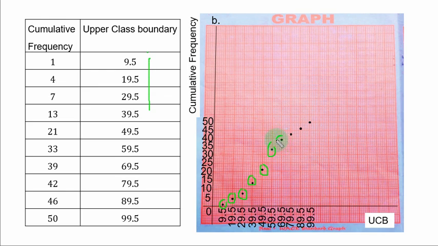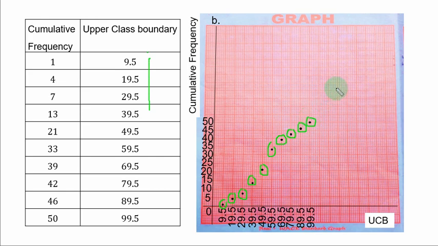You have 39, 69.5. 42, 79.5. 46, 89.5. 50 is 99.5. What you must note is that if you plot it correctly, you always have an S shape for the cumulative